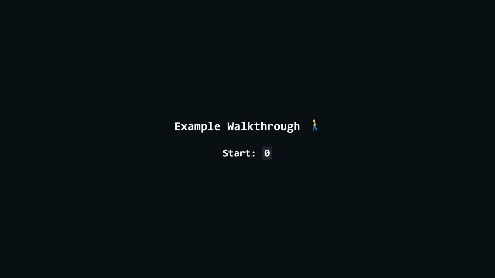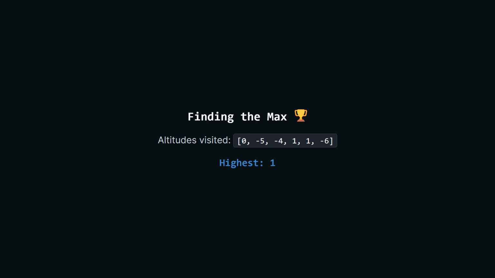Let's trace through an example to see how this works, starting at our base altitude of 0. Our first gain is -5, so we subtract 5 from 0, putting us at an altitude of -5. Next we go up by 1, so -5 plus 1 brings our new altitude to -4. Then we go up by a steep 5 points, so -4 plus 5 brings us all the way up to +1. After that, the next gain is 0, meaning we just ride on flat ground for a bit, staying right at 1. Finally, we drop by 7, ending our road trip at an altitude of -6. Looking back at all the altitudes we hit, the highest number we ever saw was 1,